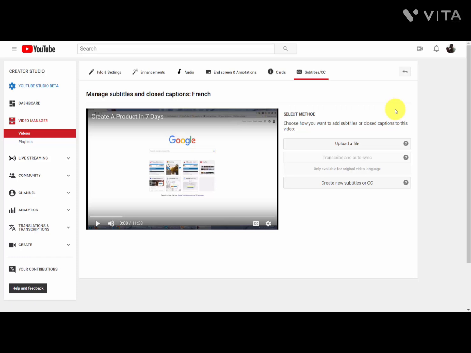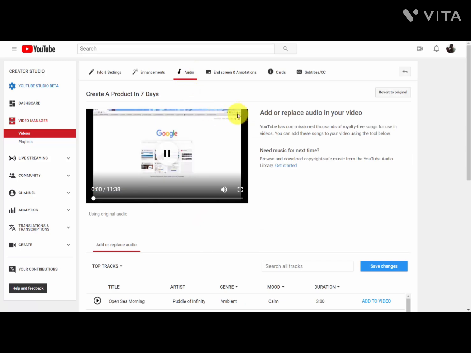Welcome back. Now, depending on what your live stream is and what you're trying to do, another part of the post-production process may be to add music. And you can do that inside of your video editing screen and going to this link that says audio. And when you do that, what you're going to notice is that you can add or replace audio inside of